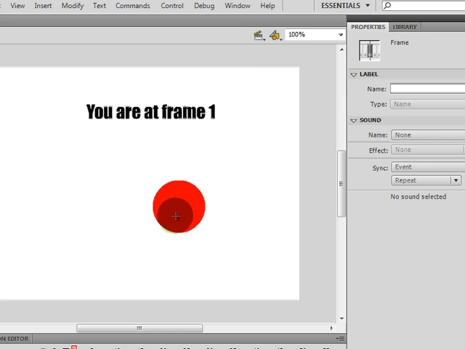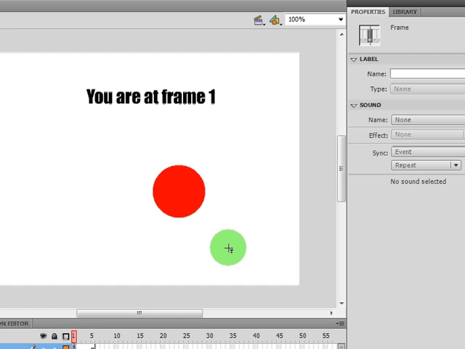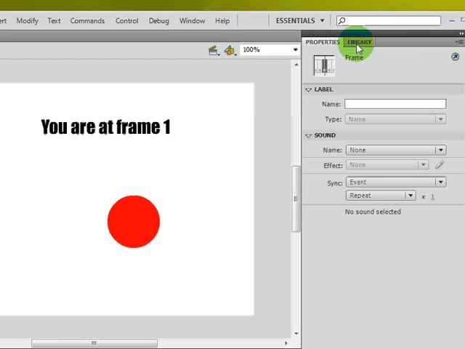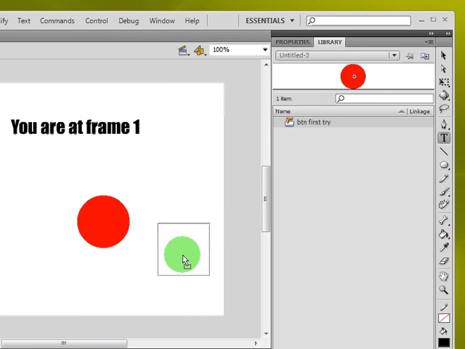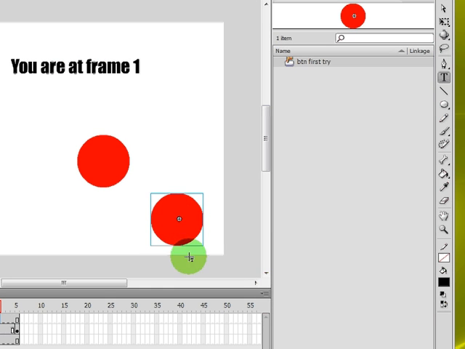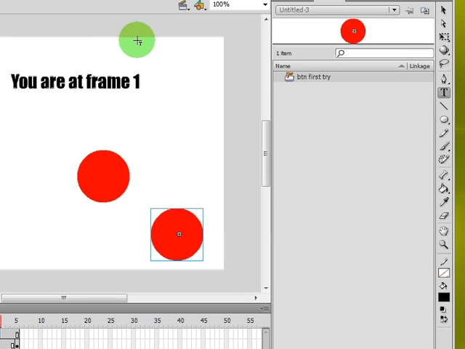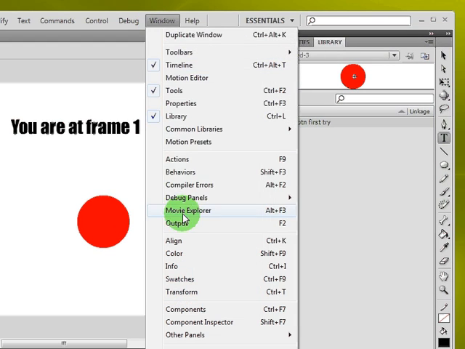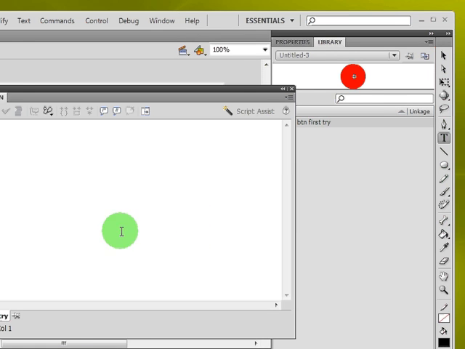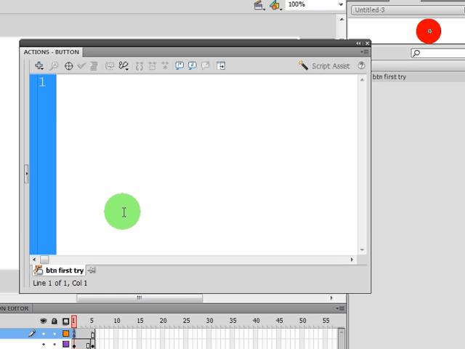If I want this button to go to another stage, well, then I have to do something else. Let's pull out another button. This one's my second button. I'm going to assign different actions to this one. So let's open up my actions here. And on this one, I'm going to have it say on, press. You can do on release too if you want the action to happen after they let go of the mouse. So that's your choice. So on, press,